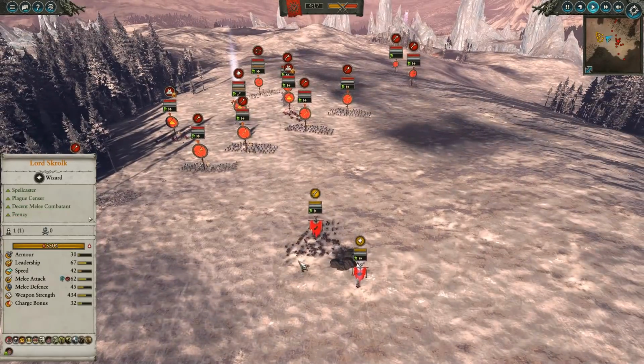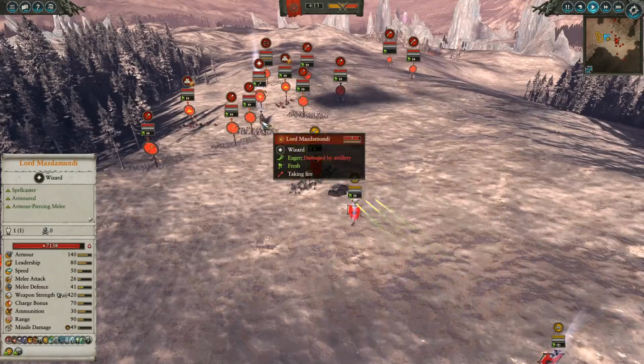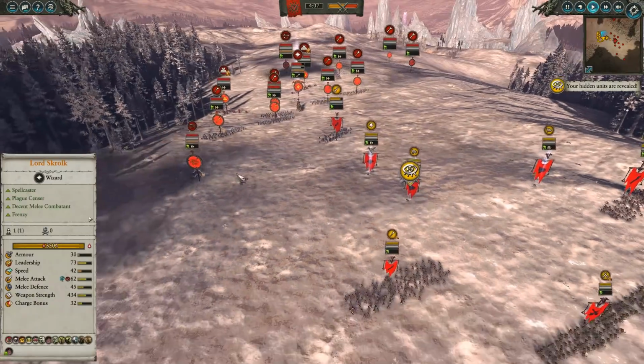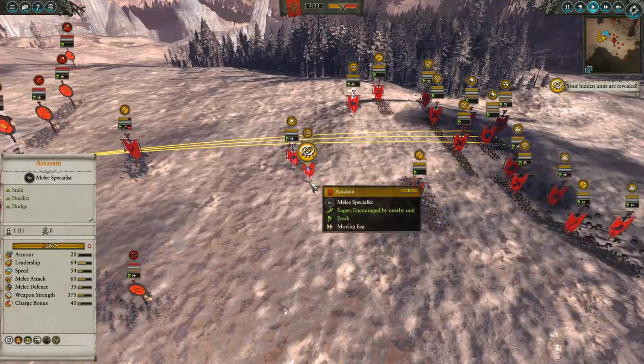these clan rats. These are pretty cheap, and I just want to keep popping them just to delay the opponents. Even if they're to kill them for free, it's just going to buy me more time to shoot into Lord Mazdamundi. So I'm literally going to leave them out here to die. Some skinks are going to come out from the flank, but I brought 2 assassins, and I actually am starting